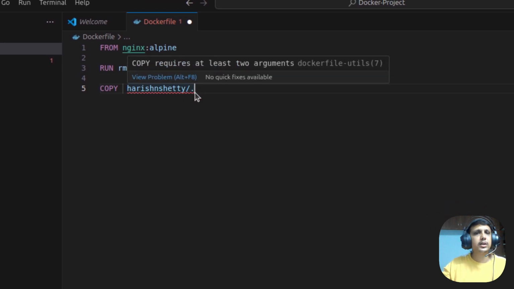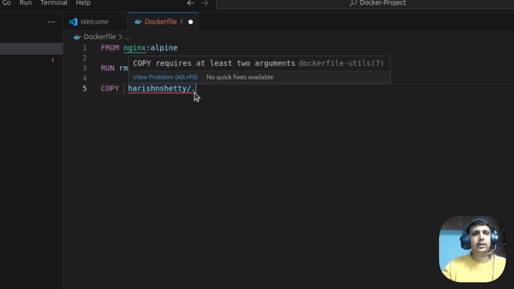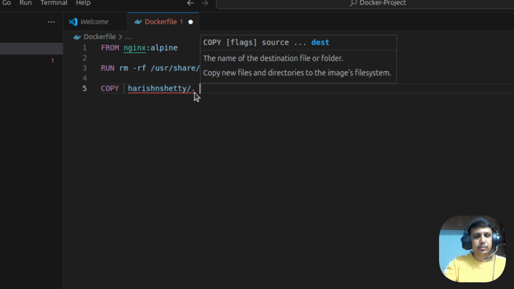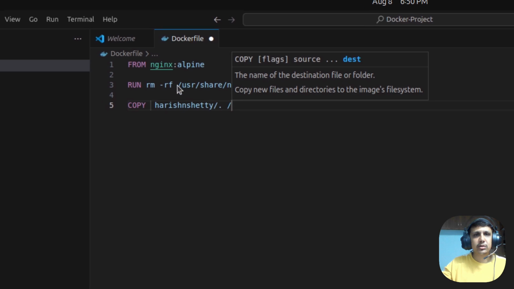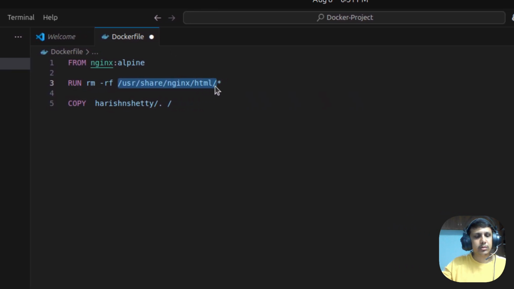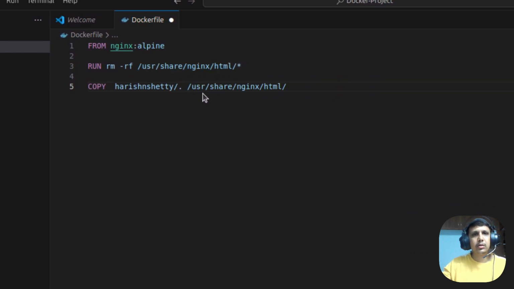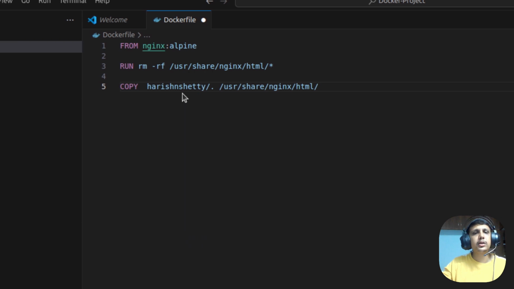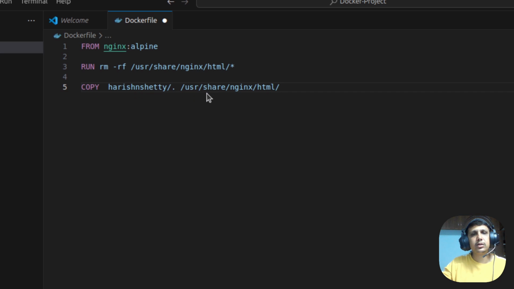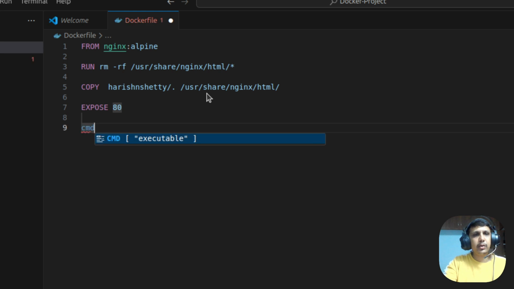This dot will contain all the subfolders and files, everything, to this location. Copying from local directory files to this Docker image location. Once it's done, we have to EXPOSE the port 80, and the command we have to run is